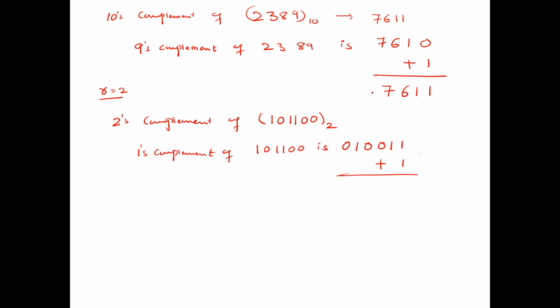So that resulting number will be what? Tens complement. So tens complement of 2, 3, 8, 9, I will write here. So if I add it, what will you get? This is 1 plus 1, 2. How do you write 2 in binary? 1, 0. 1 plus 1, 2. Write in binary 1, 0. 0 plus 1, 1, 0, 1, 0. So this is 2's complement of 1, 1, 1, 0, 1, 1, 0, 0.